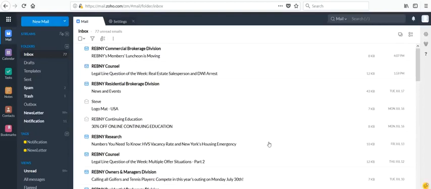Today we are going to go over how to set up your email account using Zoho. So Zoho is our corporate email vendor, and you should go to mail.zoho.com when logging in for the first time. You can also easily have your corporate email go to your native iPhone email application, or the same thing for